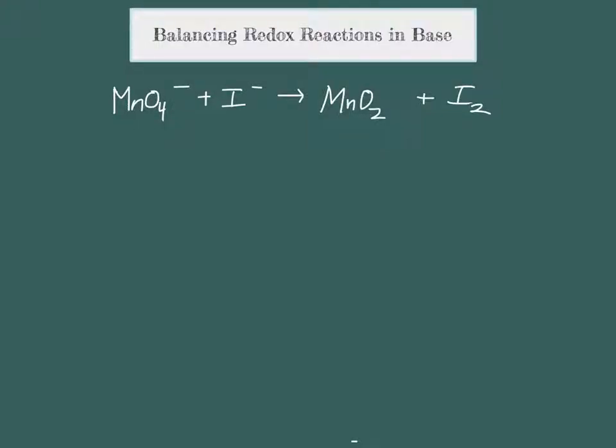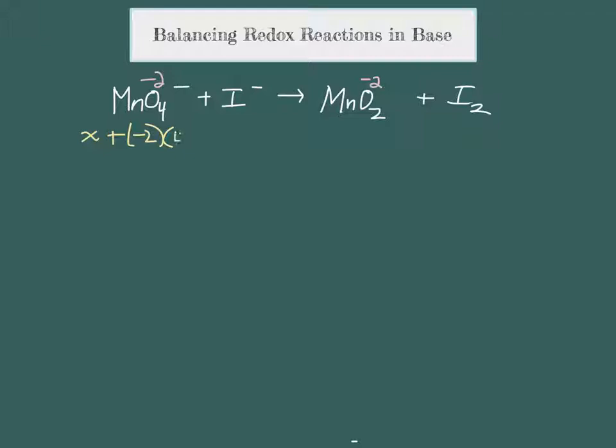Balancing redox reactions in base is almost exactly like balancing redox reactions in acid until the very end of the problem. So let's begin by assigning some oxidation numbers. Oxygen in both cases, in the permanganate and in the manganese 4 oxide, is -2. So we know that's not the species that's changing. We can figure out what's happening with the manganese by using a mystery x plus